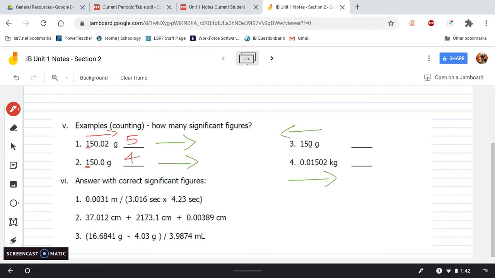This one, we can ignore the first number we hit because it's a 0. Then we'll count the 5 and the 1. And then here we can ignore that and ignore that. And then, oh, there's a 1. So we'll start counting right there. Count everything that's left. And 1502. That's 4 sig figs. Key thing on sig figs, guys, is where do you start? It is all about where that decimal is at. And so when I'm looking at these, the first thing I'm looking at is, okay, these have decimals, and so I'm going to count from the left. This one does not, number 3, so I'm going to end up counting from the right. So I think that's a good way for you guys to kind of start to remember some of